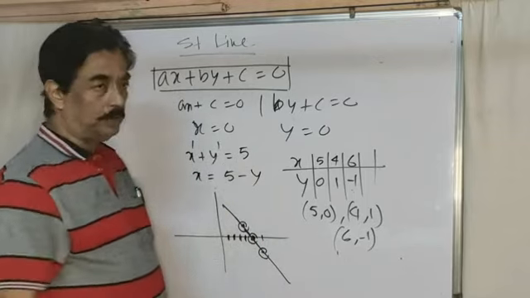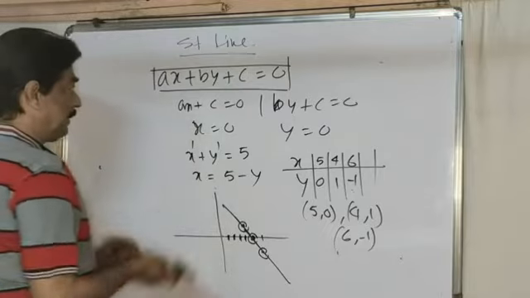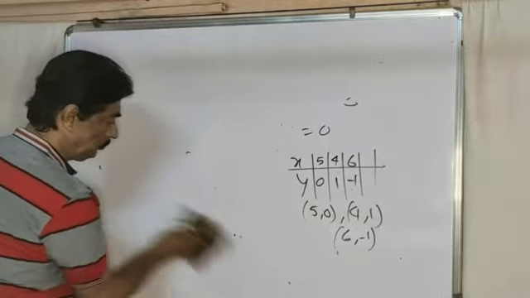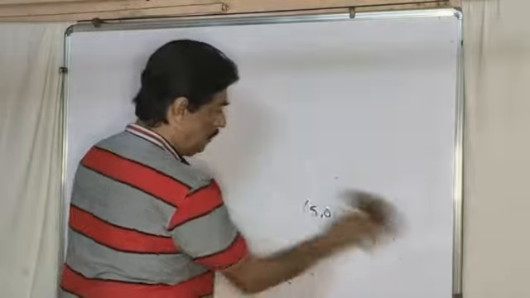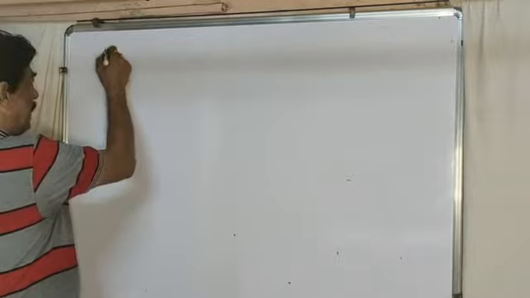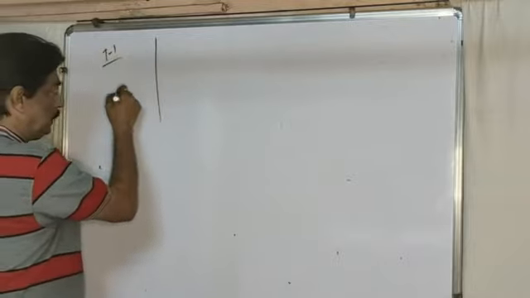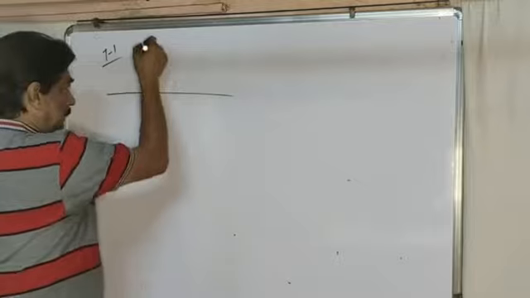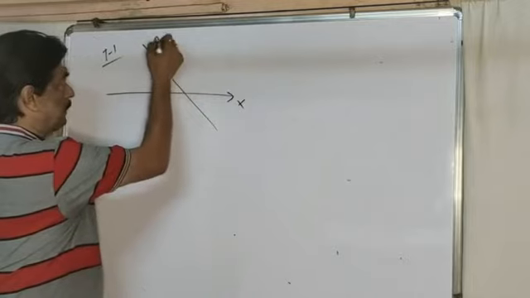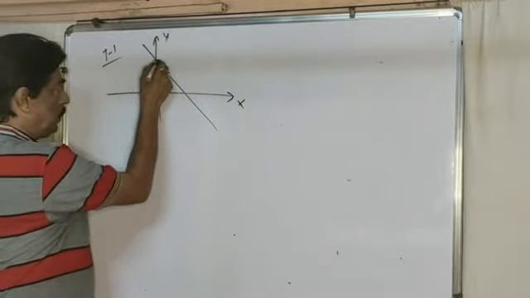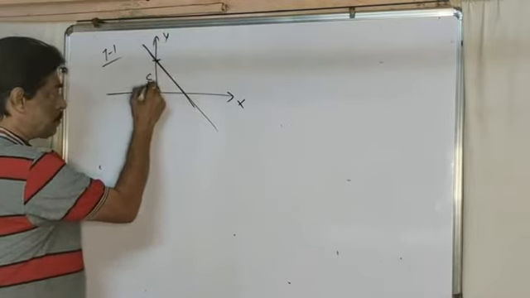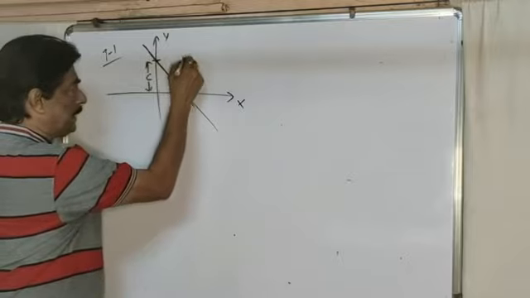Now, different forms of the straight line. Remember the standard form? I am giving different forms of the straight line. Number 1. This is the straight line, this is the x-axis, this is the y-axis. Just observe the theory. This line intercepts the length c here. The gradient or slope of the line is known as m.